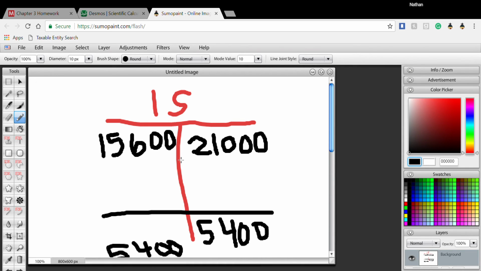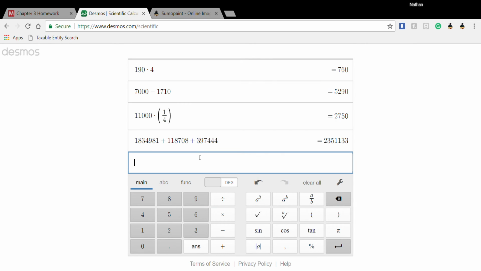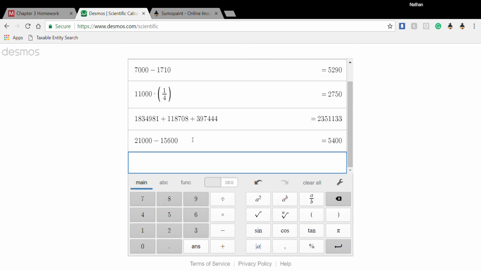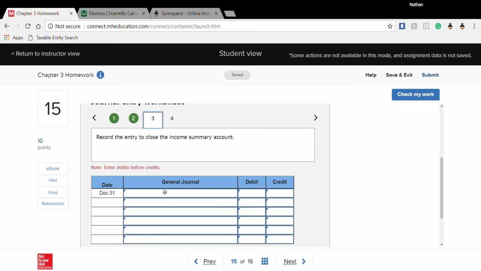So again, the first thing is do the T-chart to get your two amounts there, to get your ending balance, and then basically do the opposite of that one when we do this journal entry. And if you're worried about here, you can always jump to the calculator, go 2,100 minus 15,600, and boom, 5,400. So here,